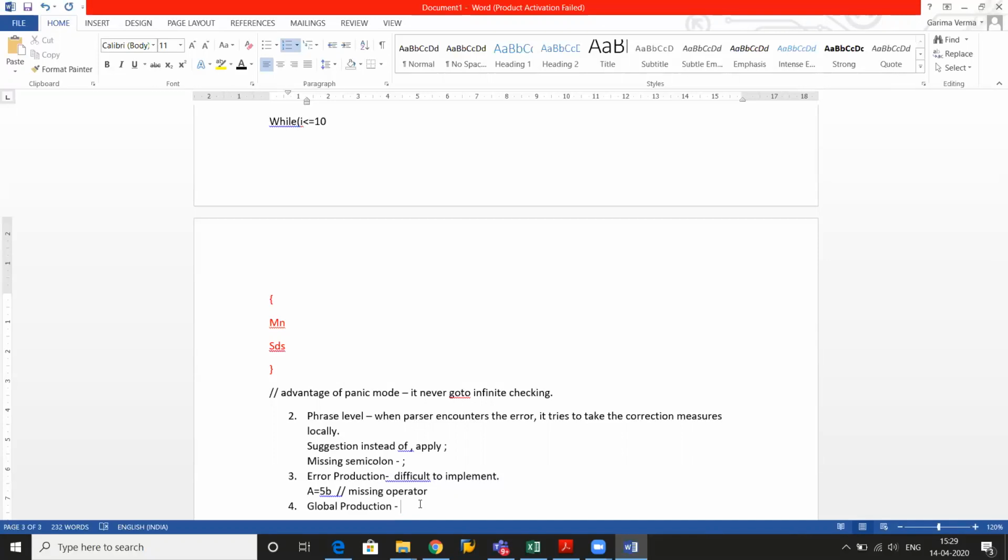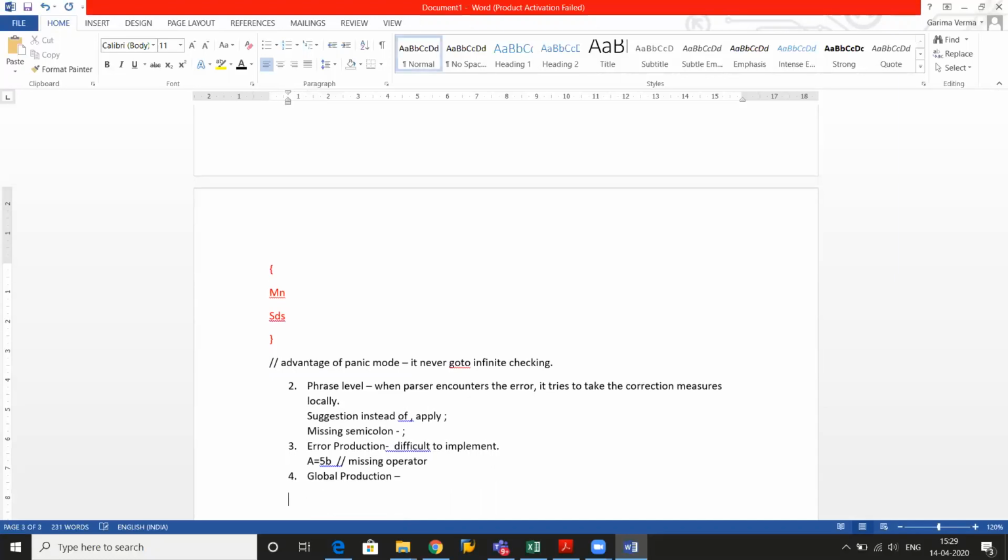So it is going on in the research. It is not developed right now. As far as I know, I have not seen this type of recovery method anywhere. So basically, the closest error-free statement is created by the compiler for the erroneous statement, and the suggestions will be given to the user. So you can replace that particular statement with the suggested statement, right?